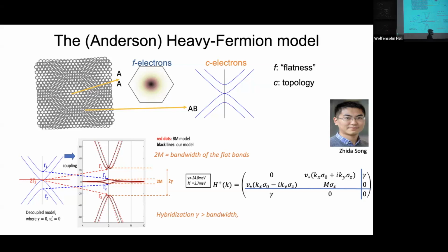So two same representations allow you a constant term, gamma. This is a constant term, a number times the identity matrix, to couple between them. And this number is exactly the gap in the Bistritzer-MacDonald model between these bands, the next bands, and the flat